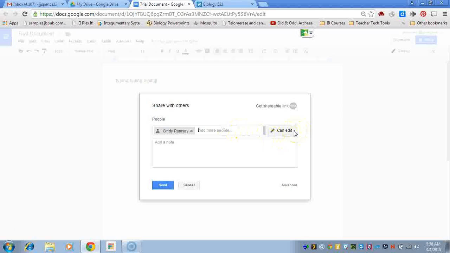Now here's where you tell if they can edit it or not. So if it's a group written report, then you want it to be can edit. If you want them to give you feedback, then you could say can comment. And if you just want them to be able to see it, but not comment or edit, you pick can view. So that's what you do if it's something that you don't want them to accidentally delete or make changes to. Okay, so I can edit because we're going to do a lab report,